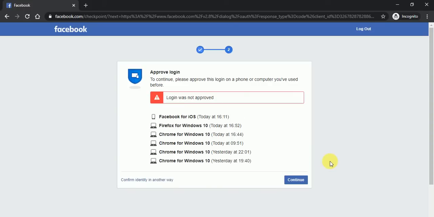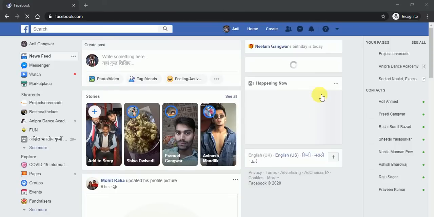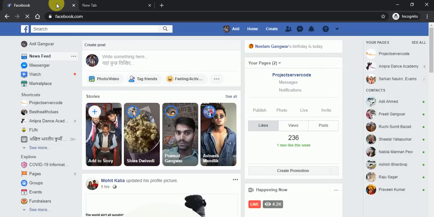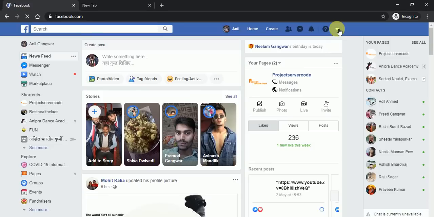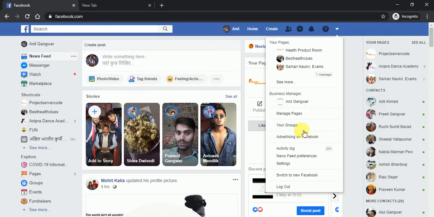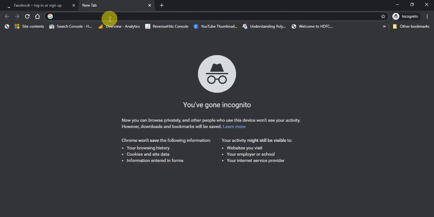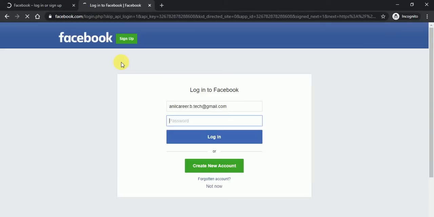My iOS device. My internet is a little bit slow. I will log out, and I want to paste that string again.